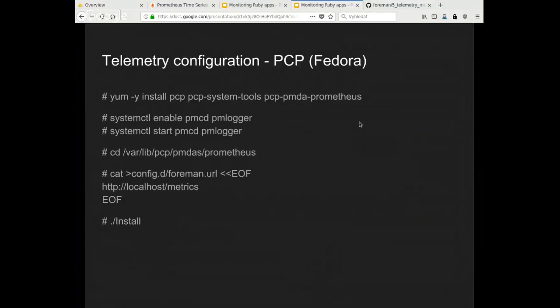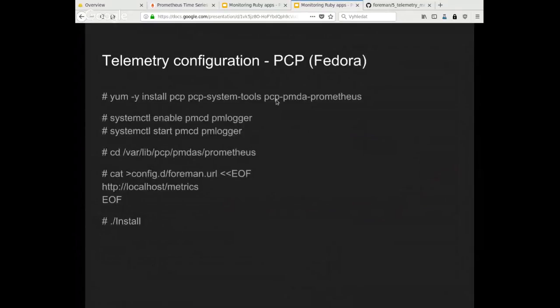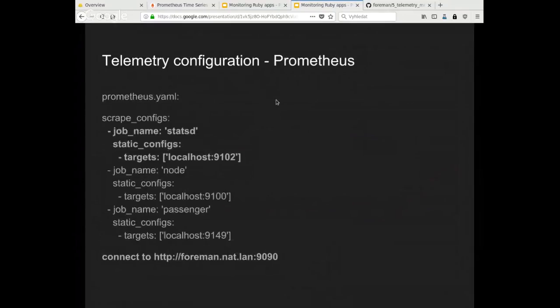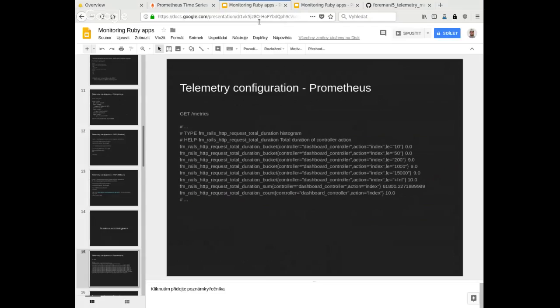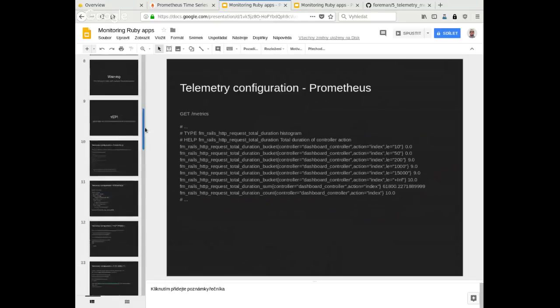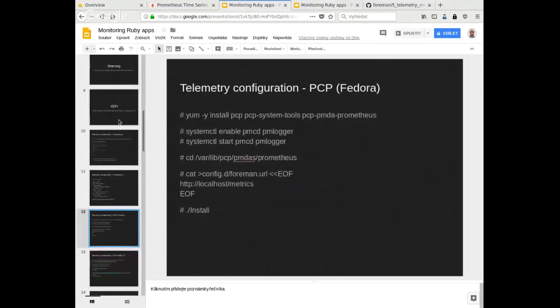That's the URL where the metrics are being exposed. There is a wrong port here. I think it should be, if you want to use this with the UDP, of course, 9102. So here you should have localhost 9102. Let me just quickly fix this, just to make sure. 9102,